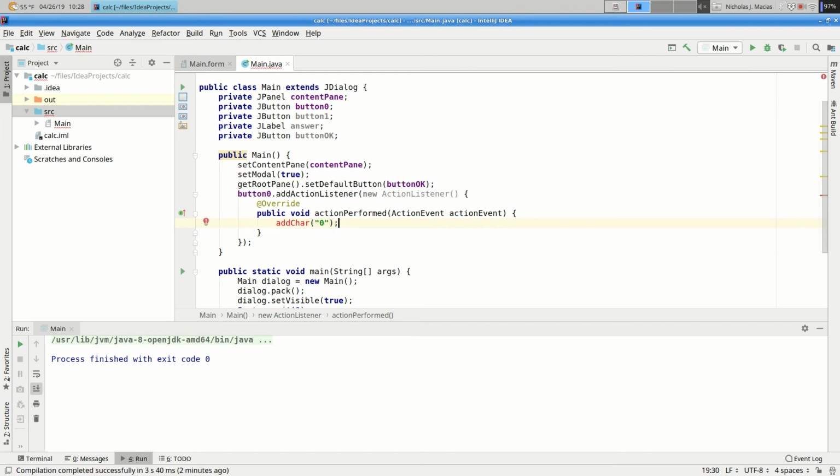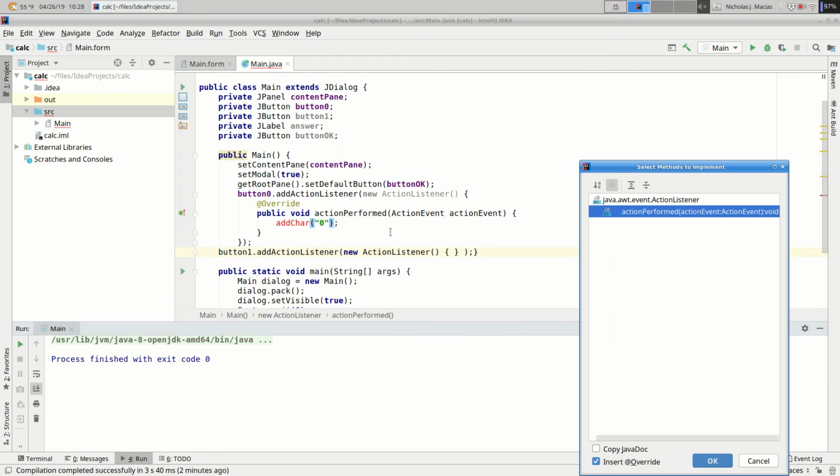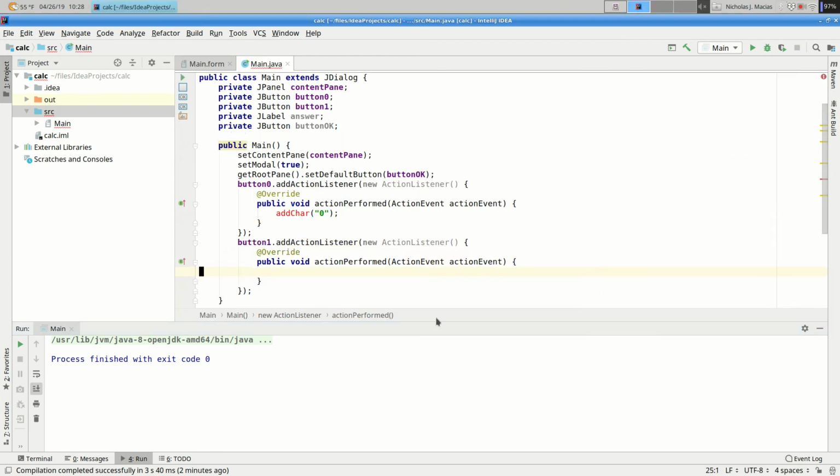So I'm going to punt to a method called addCharacter that's going to say addCharacter 0. And over here on the 1 button, we're going to create an action listener, and our action here is going to be addCharacter 1.